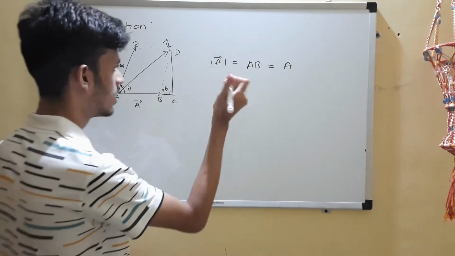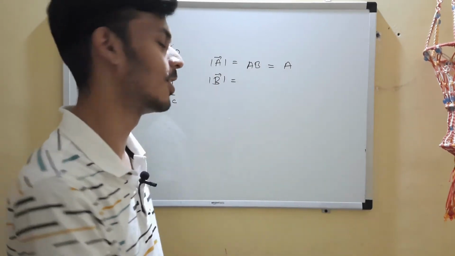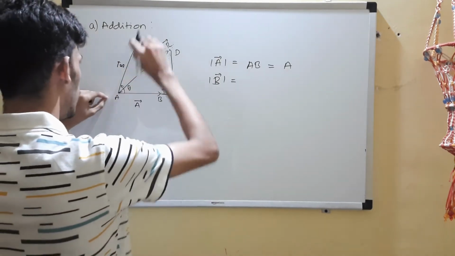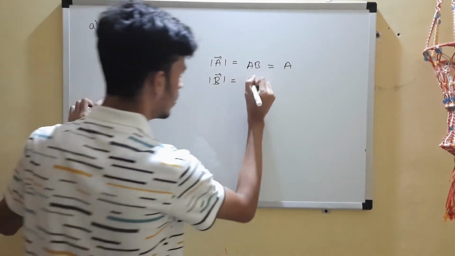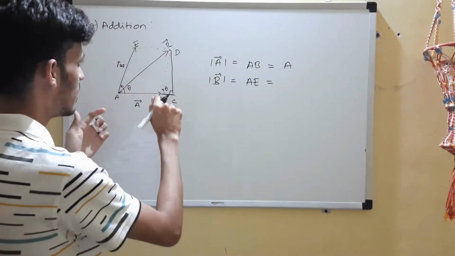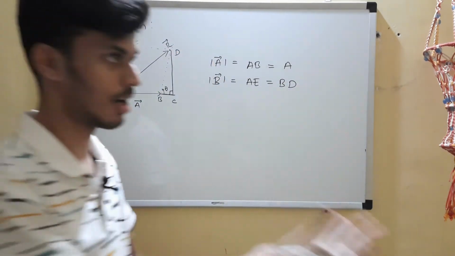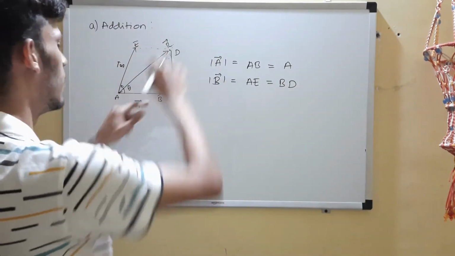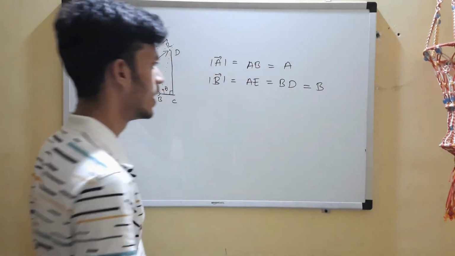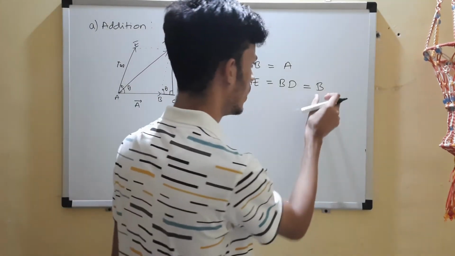Now, what is the magnitude of B? In a similar way, now we are going into the magnitude aspect, the formula for magnitude. You can see that the magnitude of B will be AE, the length of the B vector, or you can say it as BD also. Opposite sides of a parallelogram are equal, so AE equals BD. Just like we named the first one, it's B now. Wherever we want to write the magnitude of B, we'll just write B.